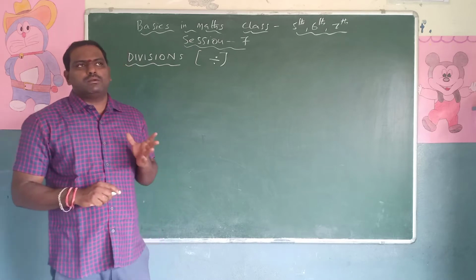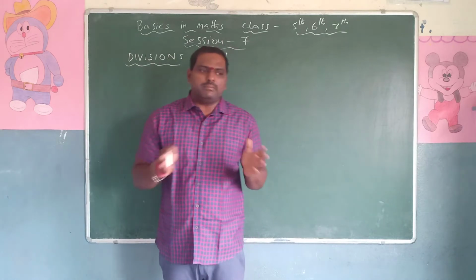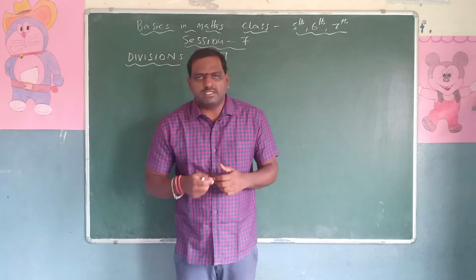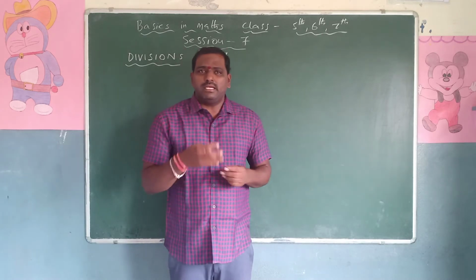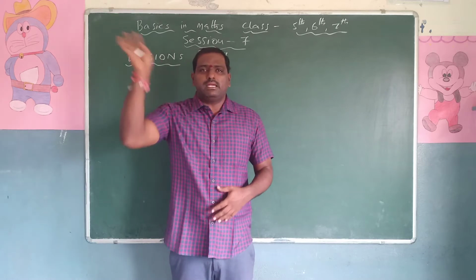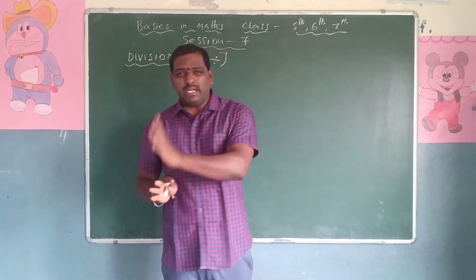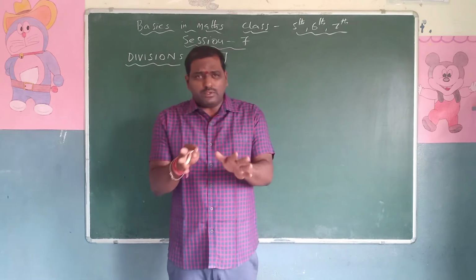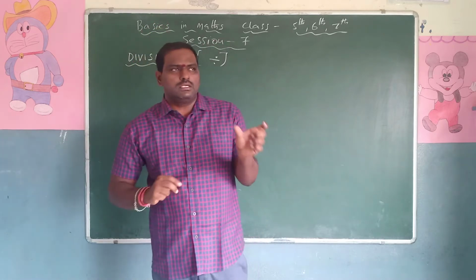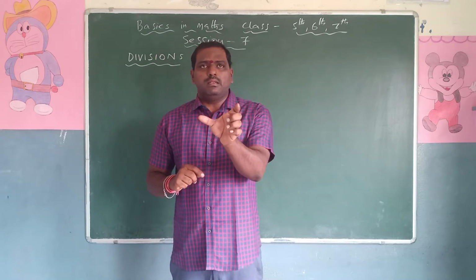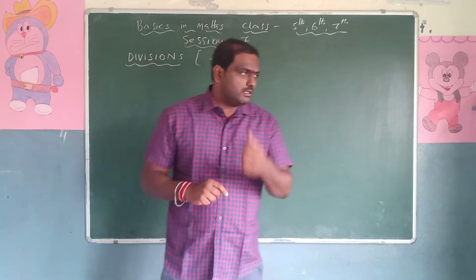You must be very thorough about the multiplication tables. In the previous session I already mentioned random checking, random picking. 9 8s are 72, 6 9s are 54, 6 5s are 30, 4 9s are 36, 4 6s are 24, 5 9s are 45, 8 8s are 64, 8 9s are 72. Like this, whatever it may be, you must be thorough about the 2 to 9 tables. If you are thorough about the 2 to 9 tables, everything else comes. No need to learn up to the 25 or 30 table, because if you learn the 2 to 9 tables, divisions and multiplications with double digits are very easy, right?